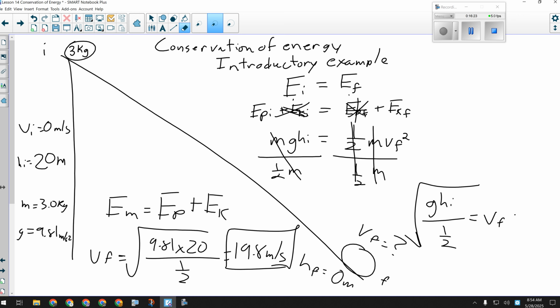If it sounds like something's doing work, it's a work energy theorem question. If they're talking about pushing something, or pulling something, or lifting it, or accelerating it, those are all things that involve work. Letting something do what it would naturally do is a conservation of energy question. If I put a ball at the top of the hill, it's naturally going to roll down. That requires no work from me. If it's there, it's going to roll. Simple as that. No work has to be done for that to happen. If I drop something off a cliff, it's just going to fall. I don't have to do anything about that. It's just going to fall. Everybody follow?